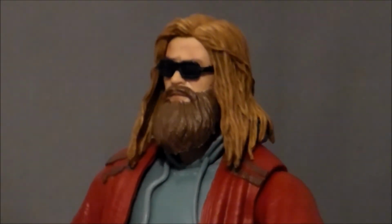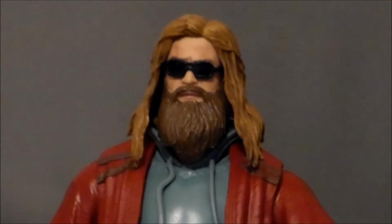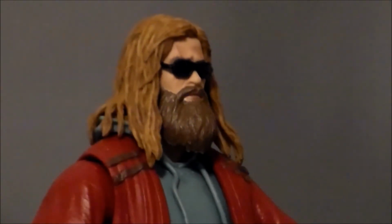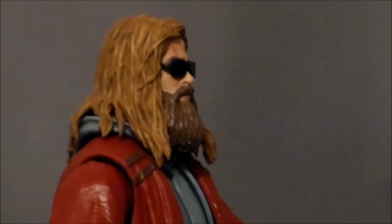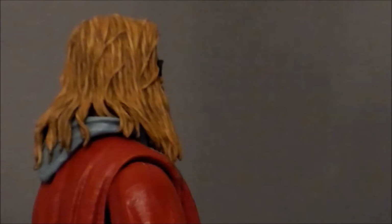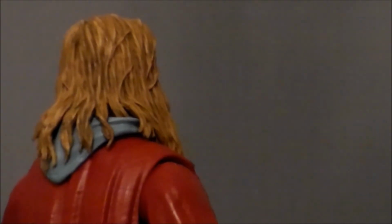So taking a closer look at the figure itself, the head sculpt on this thing is amazing. I love it. I think it captures Chris Hemsworth really, really well. We get the scar behind the sunglasses. He's got that really thick beard. The hair's nice and long and kind of dirty looking. It's got some nice multiple brown tones in the